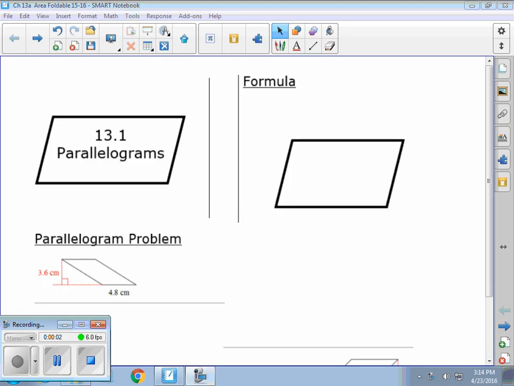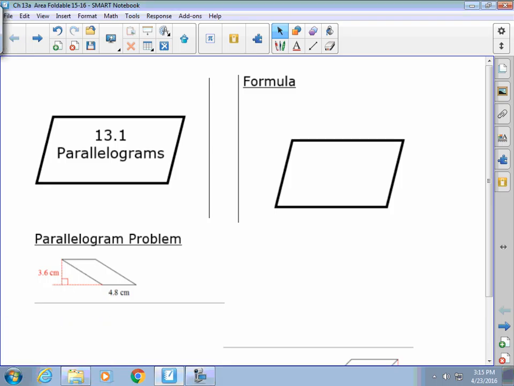Hi guys, here is the playlist for your foldable. It's going to be a playlist, meaning there's going to be a video per tab. So if you don't need this first tab, which is over 13.1 parallelograms, just hit the fast forward button, the arrow pointing to the right, and just go to the next video to the tab that you need. Alright, so first thing,